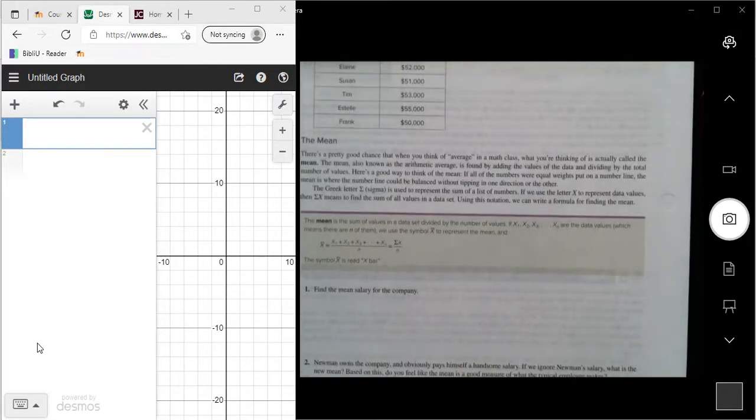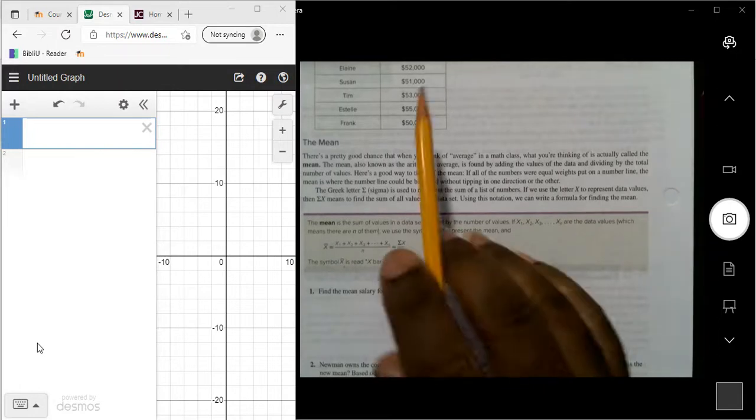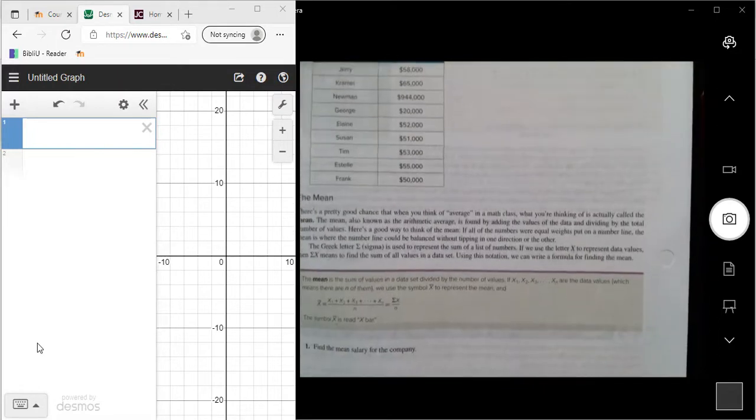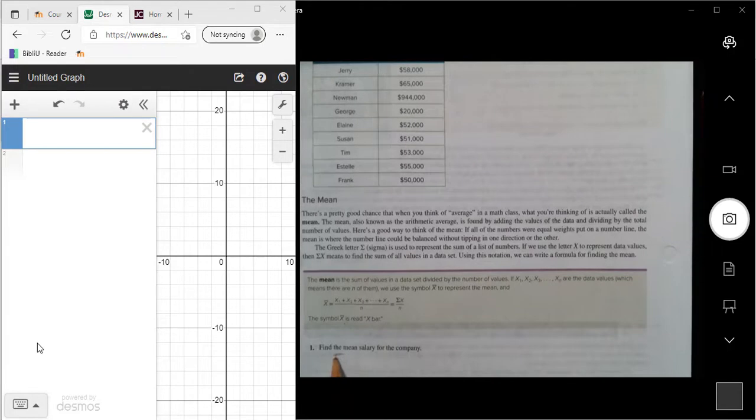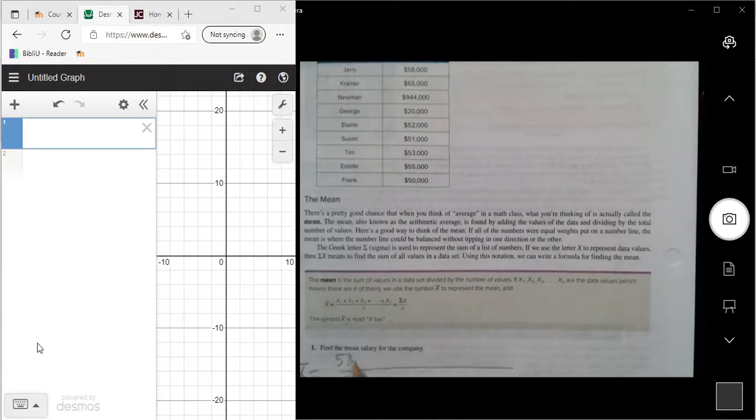Now it says find the mean salary for the company. Now what I'm going to do, I'm going to show you how to find the mean by hand, and then I'm also going to show you how to find it on the calculator. So the mean value, if we look back up here at these salaries, we have 58,000. Well, first of all, the mean is equal to 58,000 plus 65,000 plus